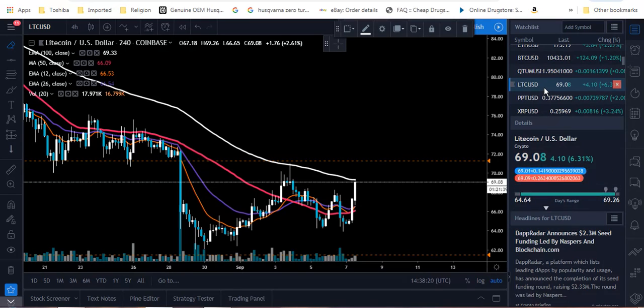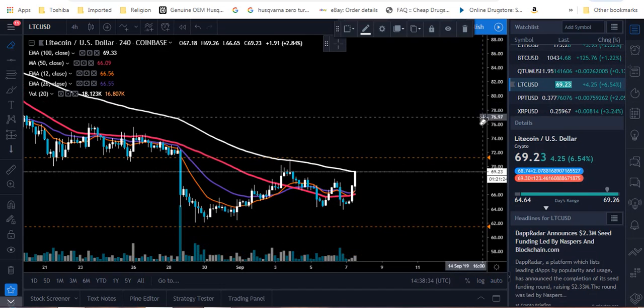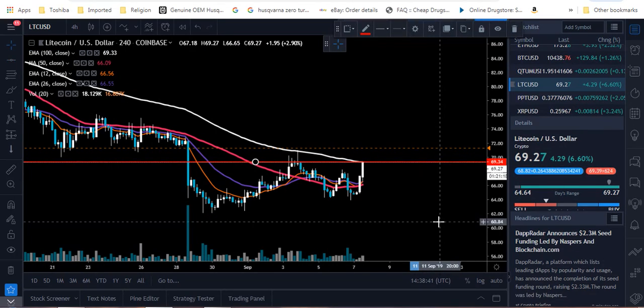All right, so for Litecoin, guys, what you're seeing is a little bit of volume coming back in right now. And we're coming up to a key area. What we're going to do with Litecoin, since we're on the 4 hour, we're actually going to go from the 4 hour and work our way back to the 1 week. Okay, so Litecoin, what we need to do, guys, we need to have a close up above this area right here, and that's going to be